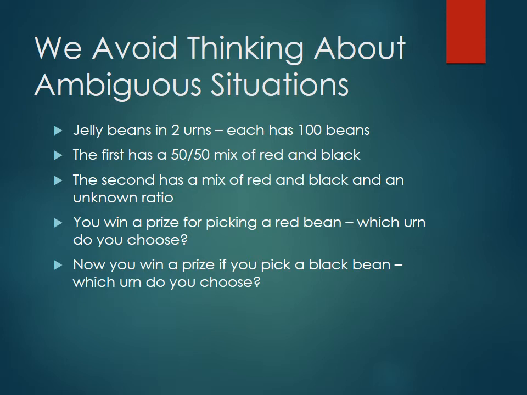You'd have to see. So what are the chances of pulling it from the unknown proportions? You don't know, but at least you have a 50-50 chance for the first one, right? What if it was like 99 red ones and 1 black one? You had much better chances at that point, right? So because of this ambiguity, because you don't have that information going forth, it's much easier to make that decision to go with the 50-50 jar, just because you know what your options are, what your chances are. But in a lot of cases, you might be better off going with the unknown one, just because it could be totally in your favor. It's hard to say, right?